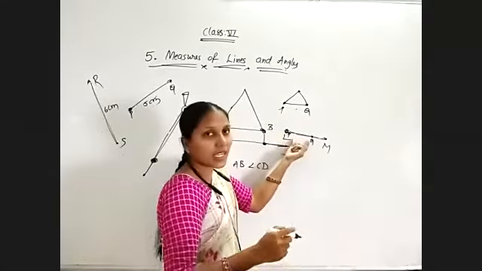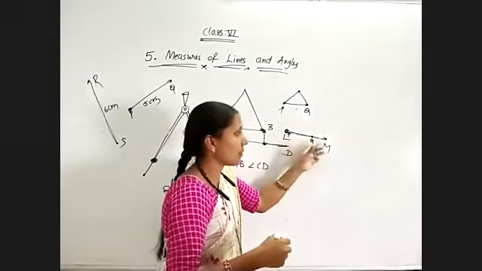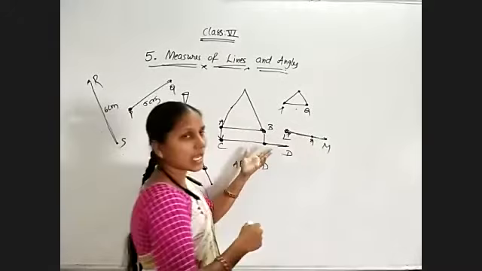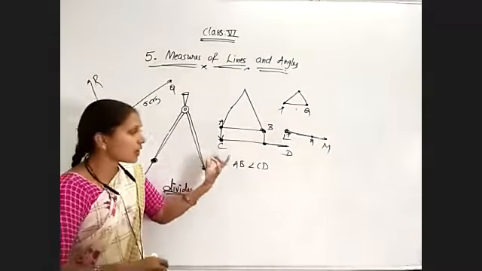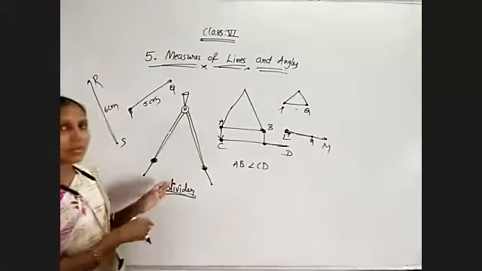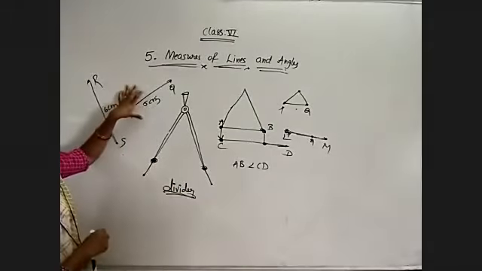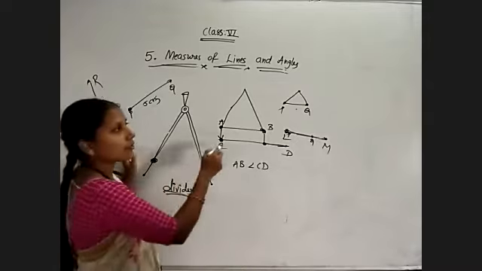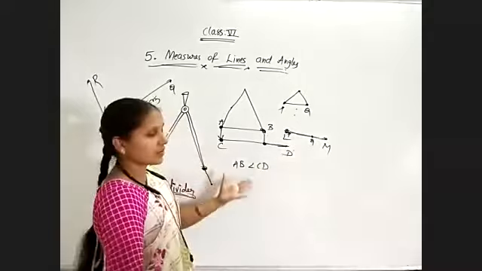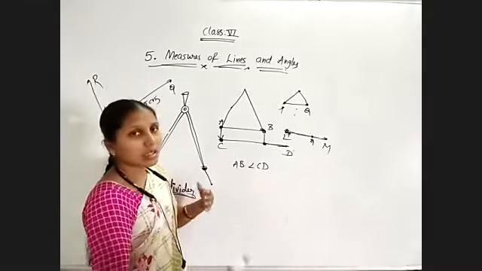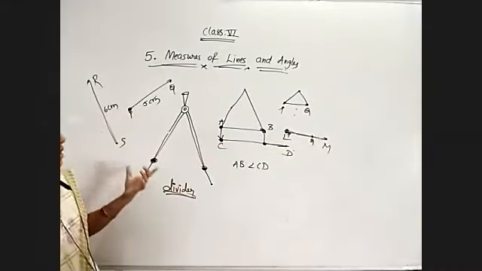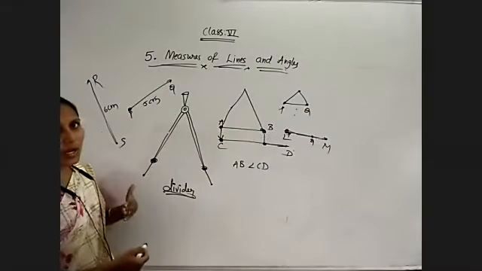Then PQ is lesser than LM, because LM portion is more than PQ, yes or no? Otherwise LM is more than PQ. So for comparison we are using this instrument, the divider. And remember, while we are doing it with the scale, it will take some time. We have to find out the length of PQ as well as LM, then we have to decide which one is more. So to avoid it, we can use the divider to compare two line segments.